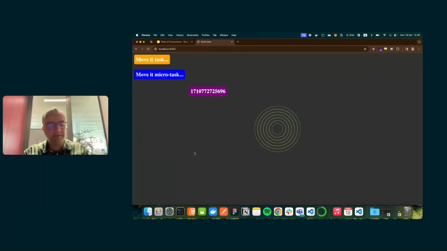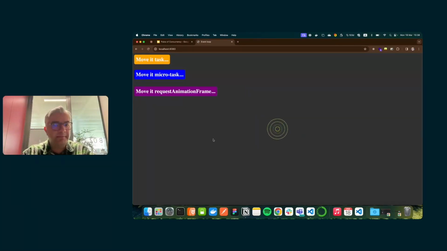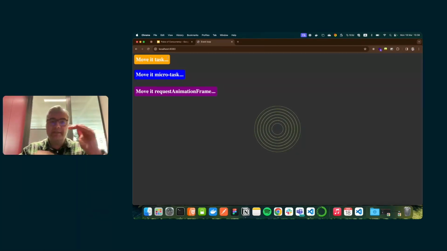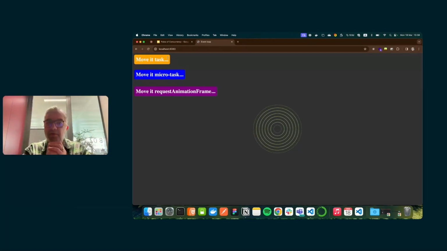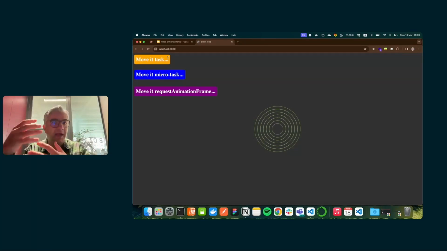Yeah, this one works as well, so everything is working fine. Refresh again. Task was working because we let the browser render. requestAnimationFrame was working because we let the browser render. Because between picking items, there is time to let the browser render.